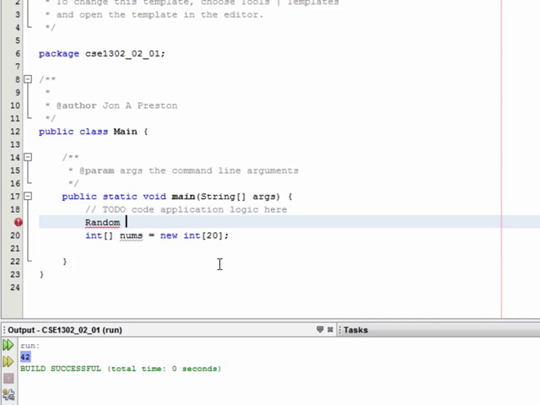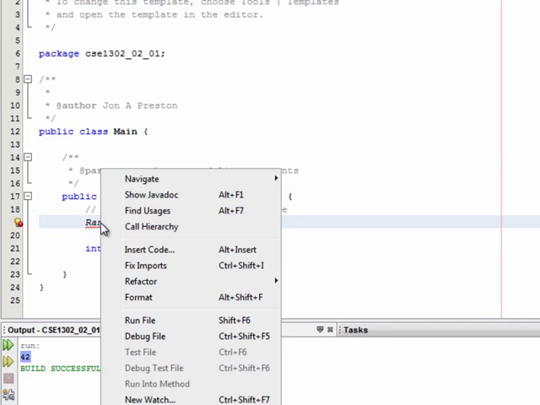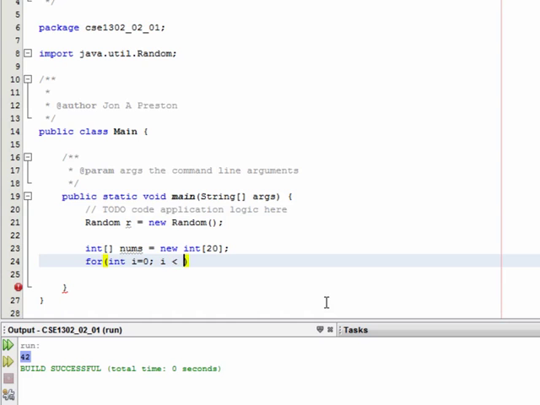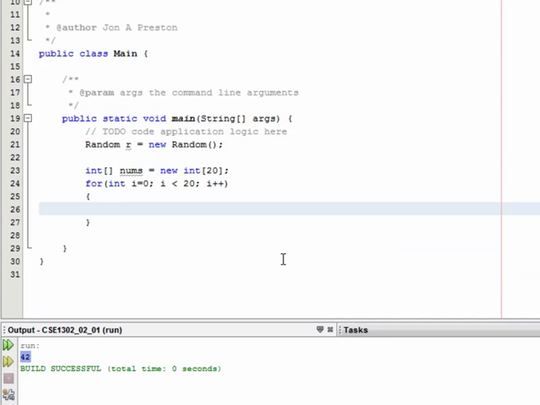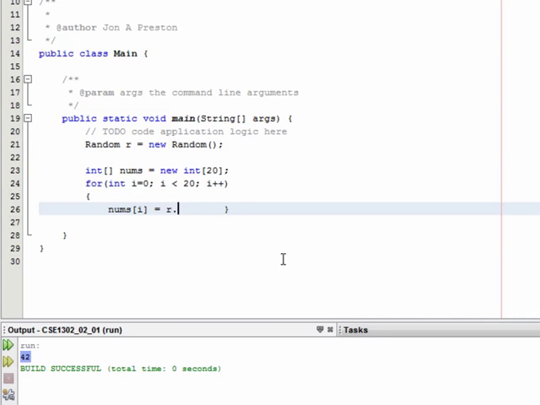To do that, I'm going to create a new random, and we're getting an error here, so just right click on that and fix imports to bring in the Java util random package. And let's do a simple loop between 0 and 19. And what I'm going to do in this loop is just fill in the nums array at the ith location with the next